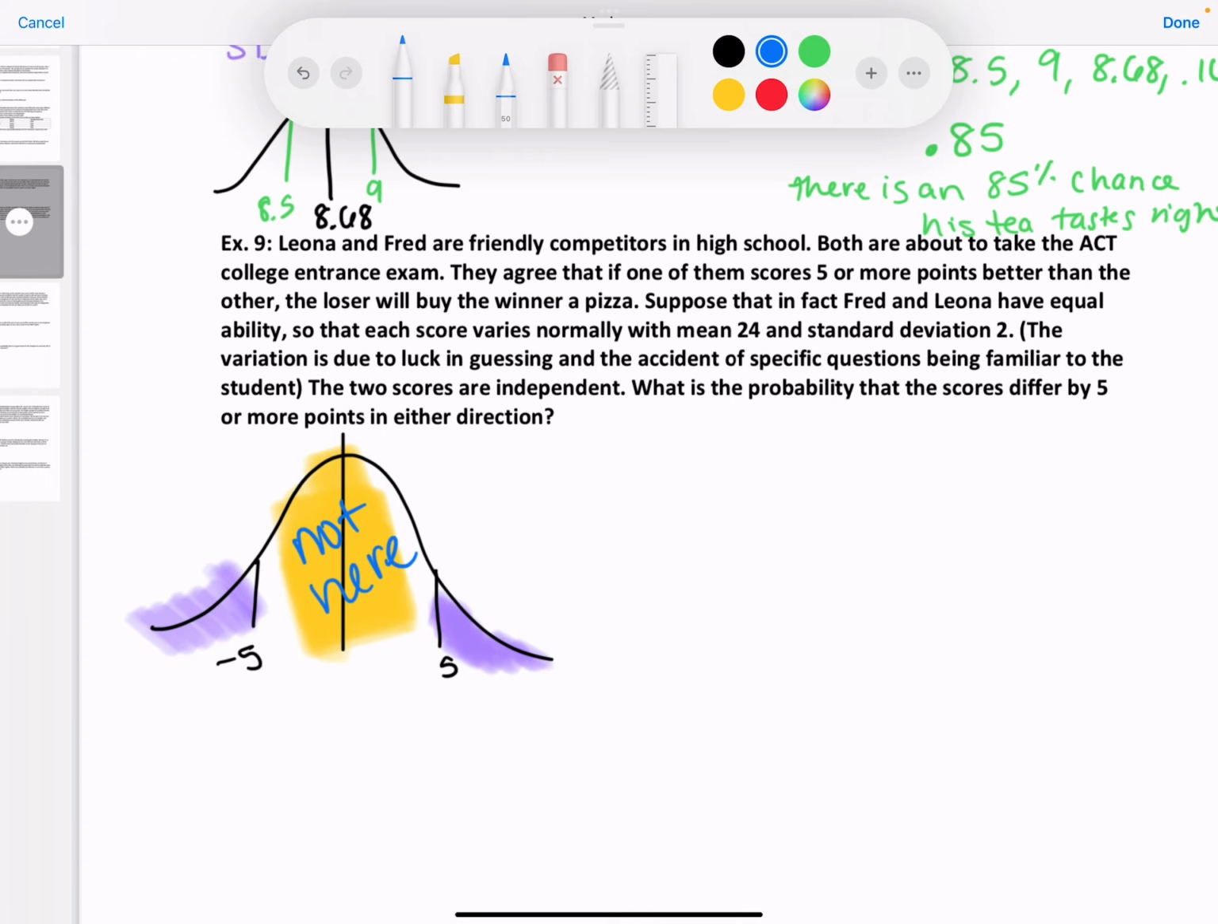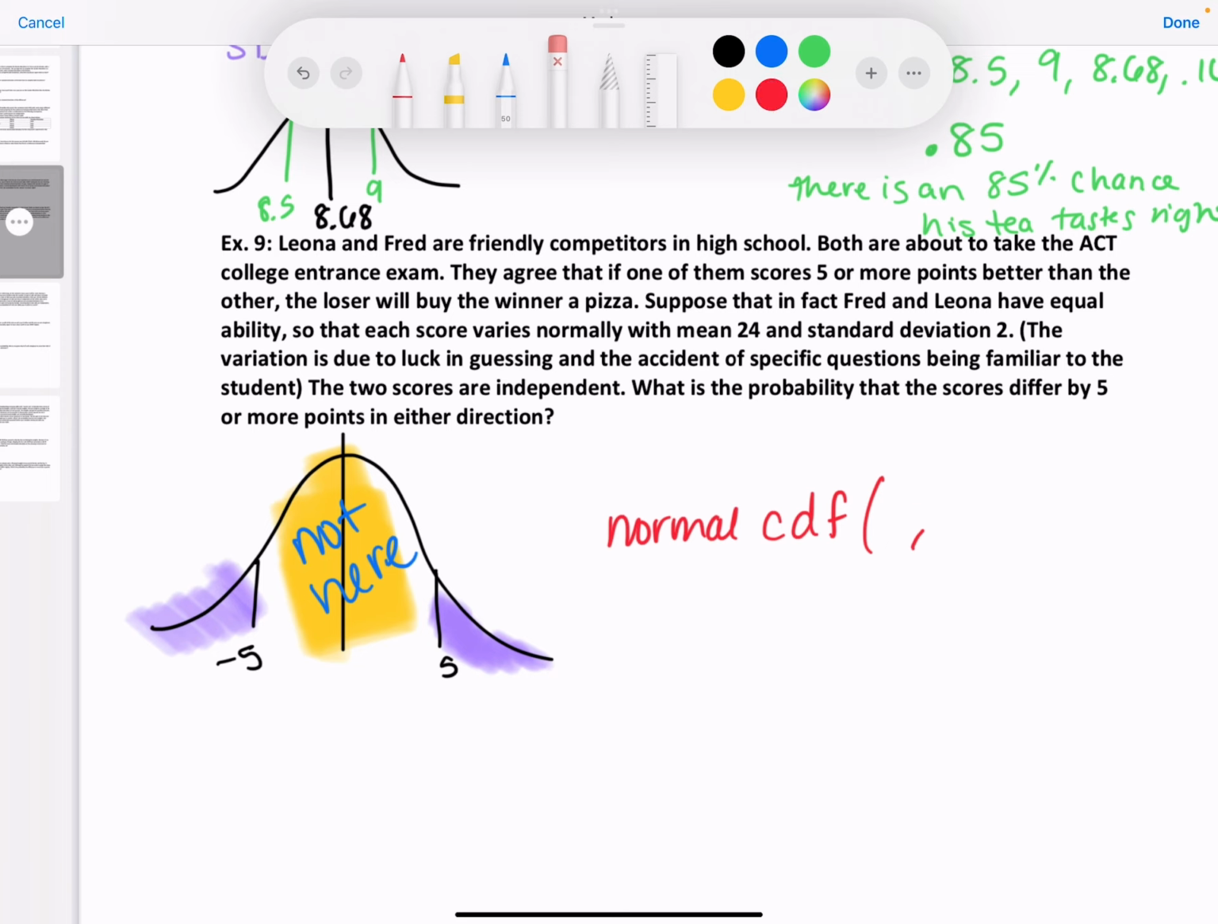So basically, you do the normal CDF in both directions. You would have one that should be the same, so you really only need to do it one time. And then we're going to add them together because one's in the positive direction, one's in the negative direction, since these are the same number. So you have the normal CDF of, you can do like 5 to,